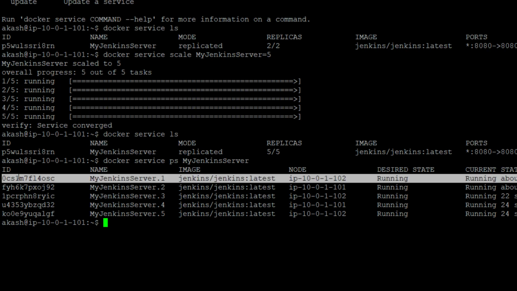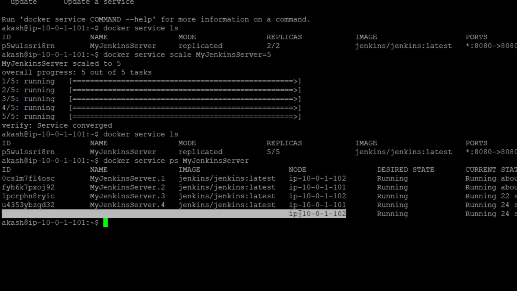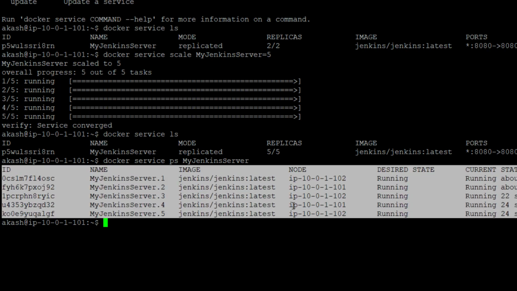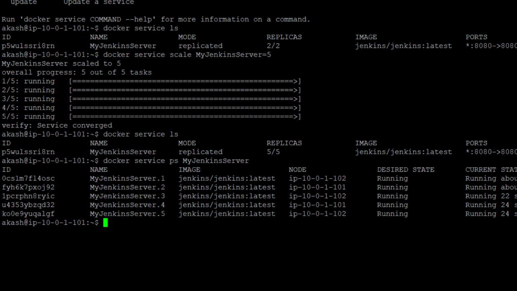So all your containers are distributed. This is the perfect example of load balancing. Since my application requirement was that it should run across 5 containers, the 5 containers are distributed across all the machines which I currently have in my docker swarm cluster.